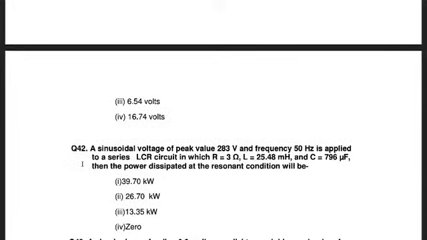Question number 42. A sinusoidal voltage of peak value 283 V and frequency 50 Hz is applied to a series LCR circuit in which R is equal to 3 ohm, L is equal to 25.48 mH and C is equal to 796 μF. Then the power dissipated at resonant condition will be, options: